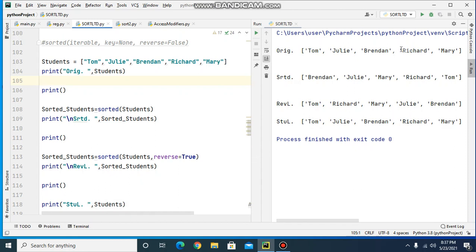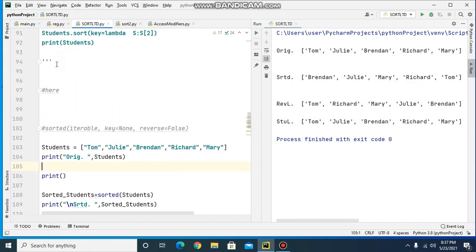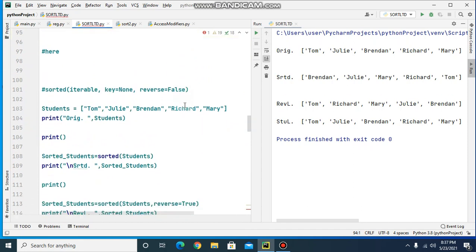So the original list and the list students printed at the end both are same. So that means the original list has not changed when we are using the sorted function. This sorted function can be used for all iterables.